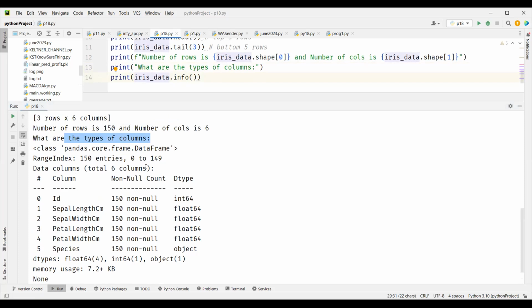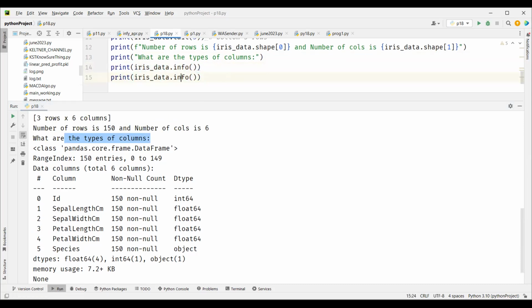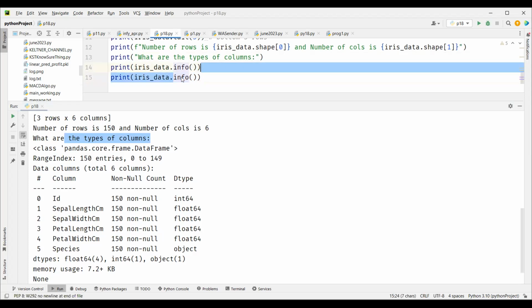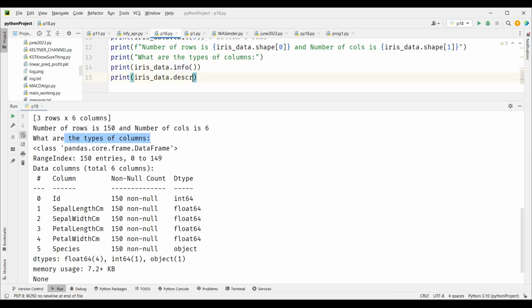Then we have something called describe. Info is about information. Describe describes the data from the statistics point of view. It will give you the mean,